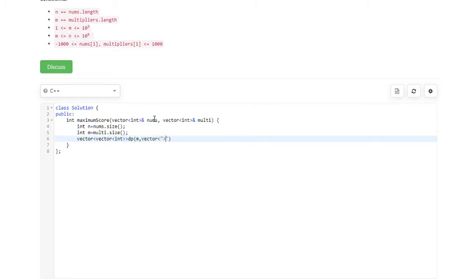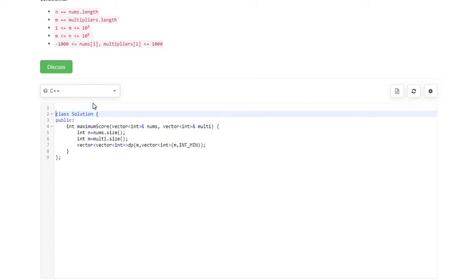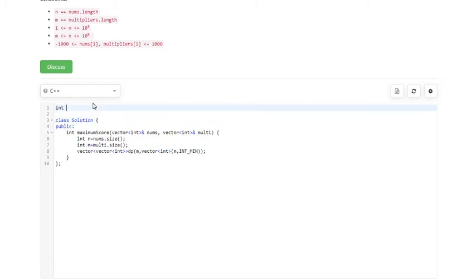So what did I tell about a DP? DP[i][j] indicates the maximum result you can get on selecting i elements from the start and j elements from the end, right? Let me put the initial value as INT_MIN so that we can distinguish whether this subsolution was already visited or not. Yeah. So let me define our recursive solution.